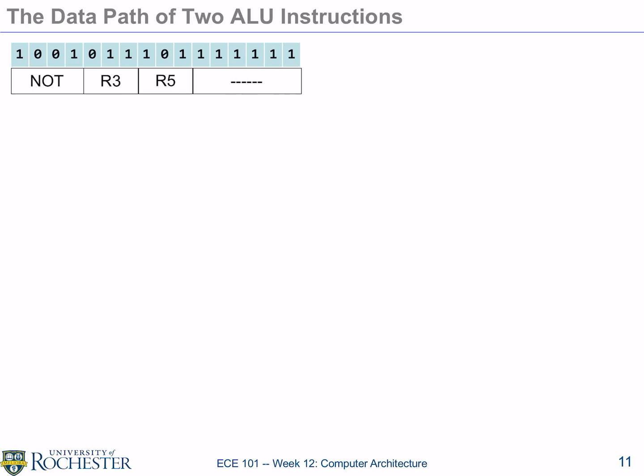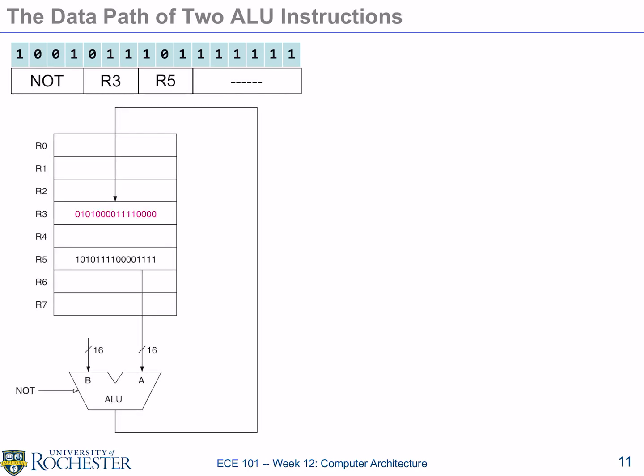So that results in a rather simple execution data path. One source register is going to be used, and the data is going to be sent to the ALU. The result will be stored back, and it's simply a bitwise flip. So perhaps the simplest instruction you can see. Next one,